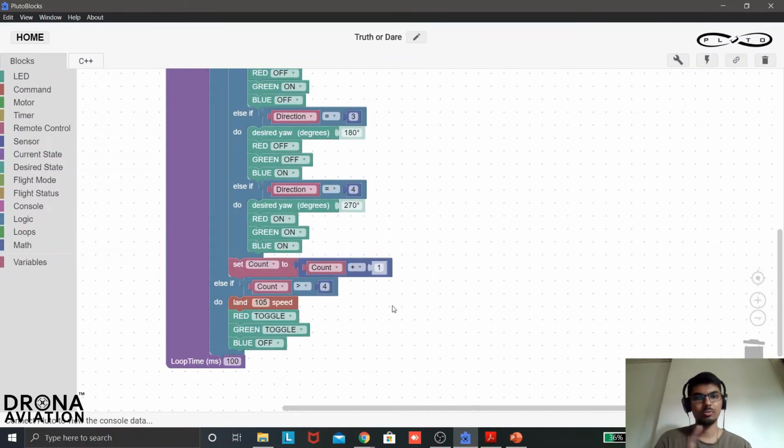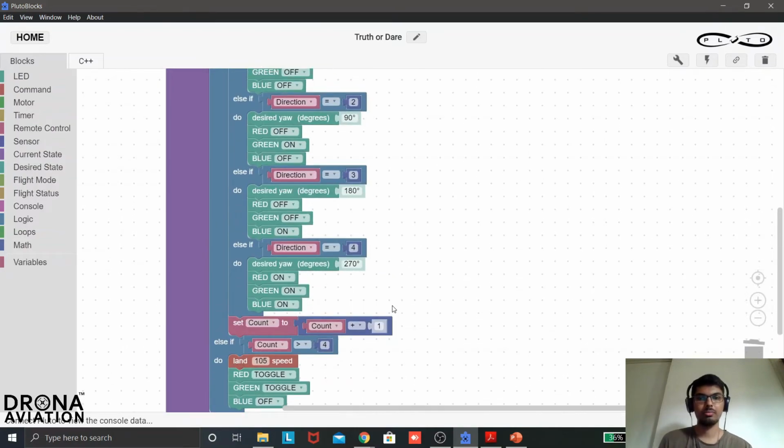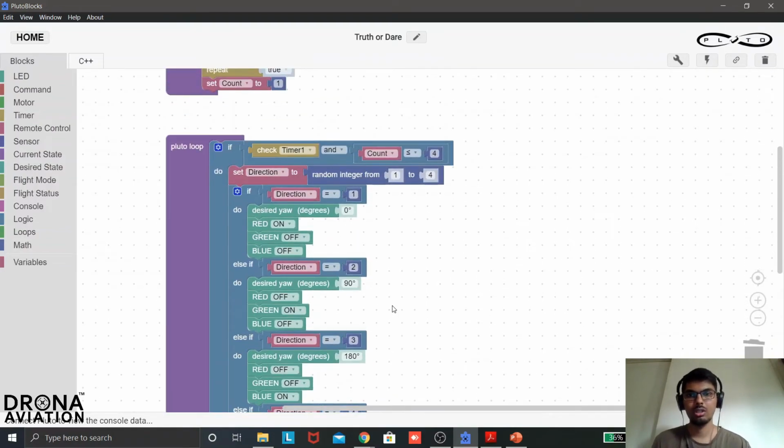Now there is one small part remaining which is a part of caution actually. So what happens is, as soon as you start this project, the drone is going to yaw. So imagine you take off the drone and it starts yawing. Now the pilot won't be able to control the drone very easily once the drone starts yawing, because the directions will change. So I'll suggest you that when you are executing a project like this, always